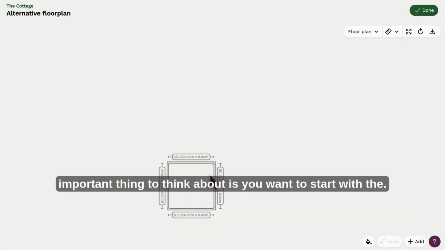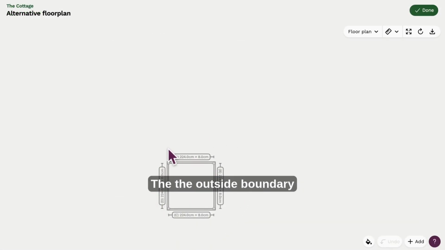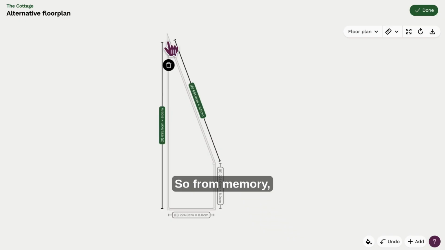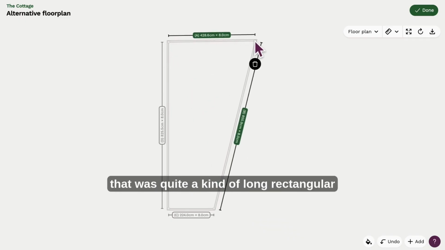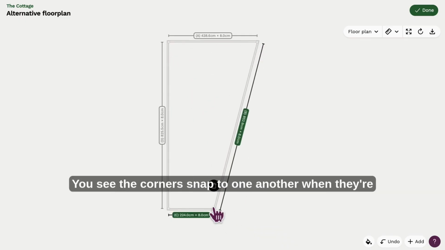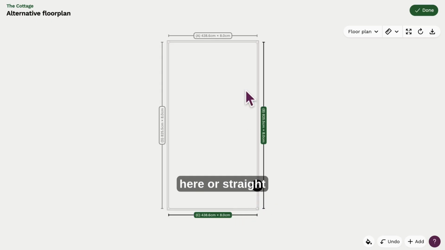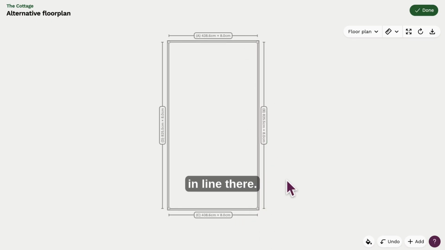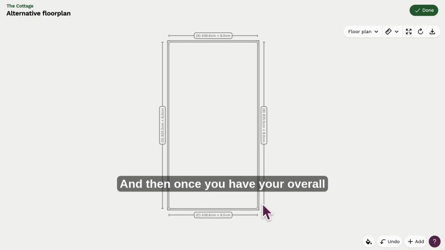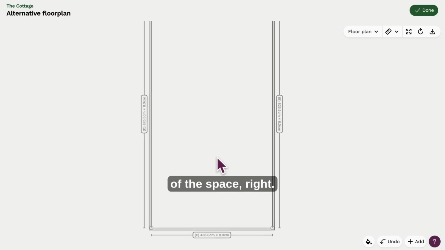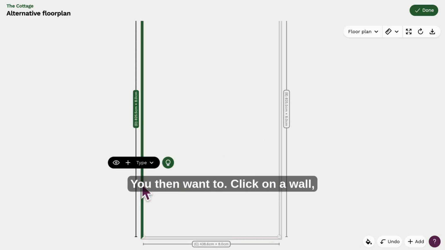The important thing to think about is you want to start with the outside boundary of your space first. So from memory, that was quite a kind of long rectangular space. You'll see the corners snap to one another when they're at kind of 90 degrees here, or straight in line there. And then once you have your overall kind of footprint of the space right, you then want to click